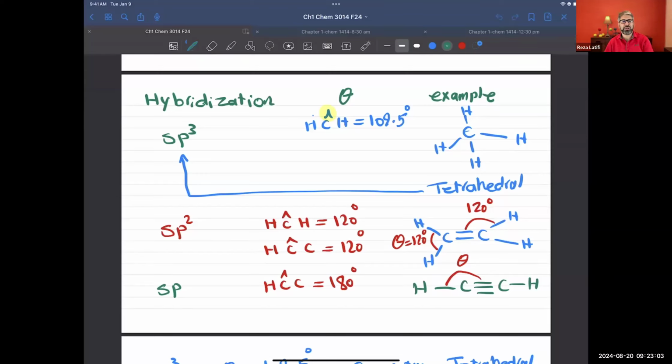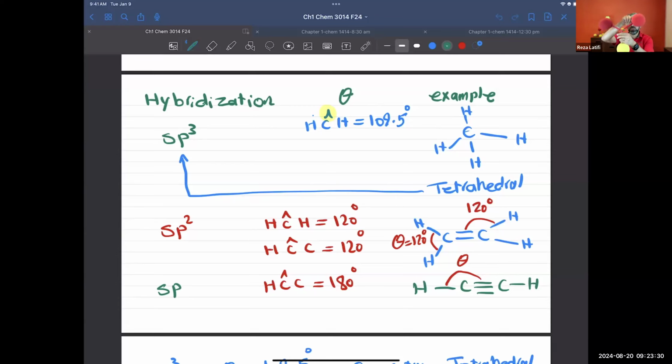Welcome back. So I'm going to continue the discussion about hybridization. And last lecture, we went through sp3, sp2, and sp hybridization. And I said, if it's sp3 hybridization, expected geometry will be tetrahedral and expected bond angle 109. But if we switch to sp2, the geometry, we expect it to be trigonal planar, and the bond